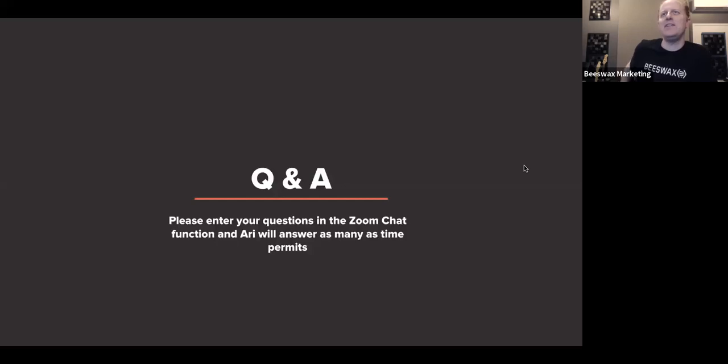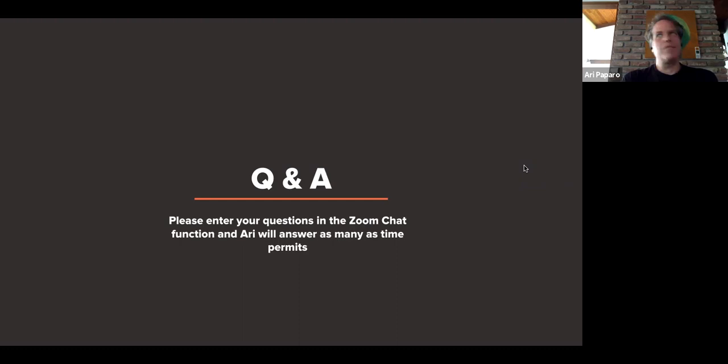Okay, next one. If IDs are removed, how real is the risk of blocking publisher and ad tech attempts to pass alternative IDs or data through the bitstream? For example, you mentioned Beeswax uses ATS. What is the risk that ATS could be blocked by platforms, mobile or browser? Right. So this is sort of another variation on the same question. I don't know is the short answer.